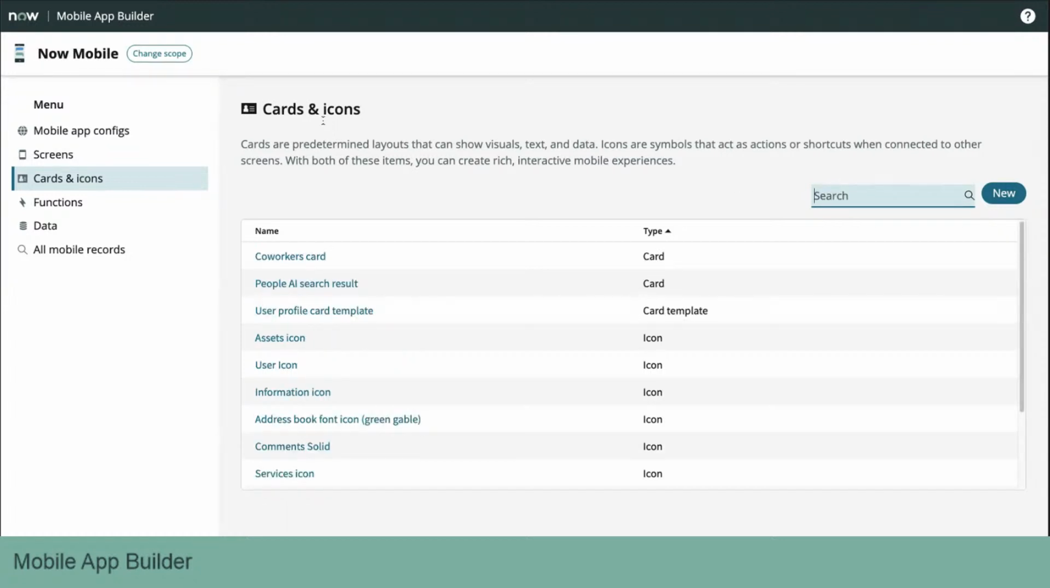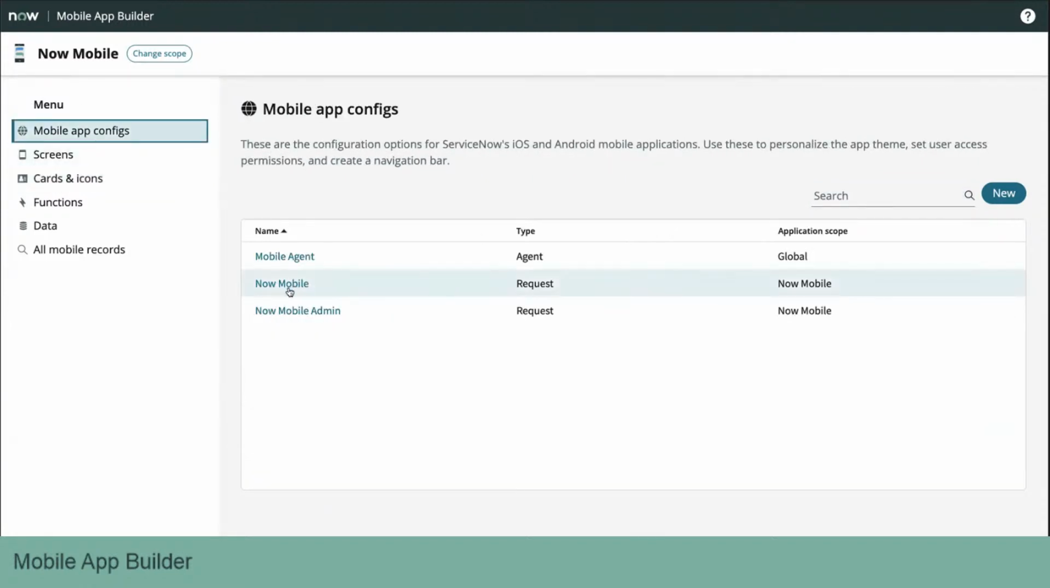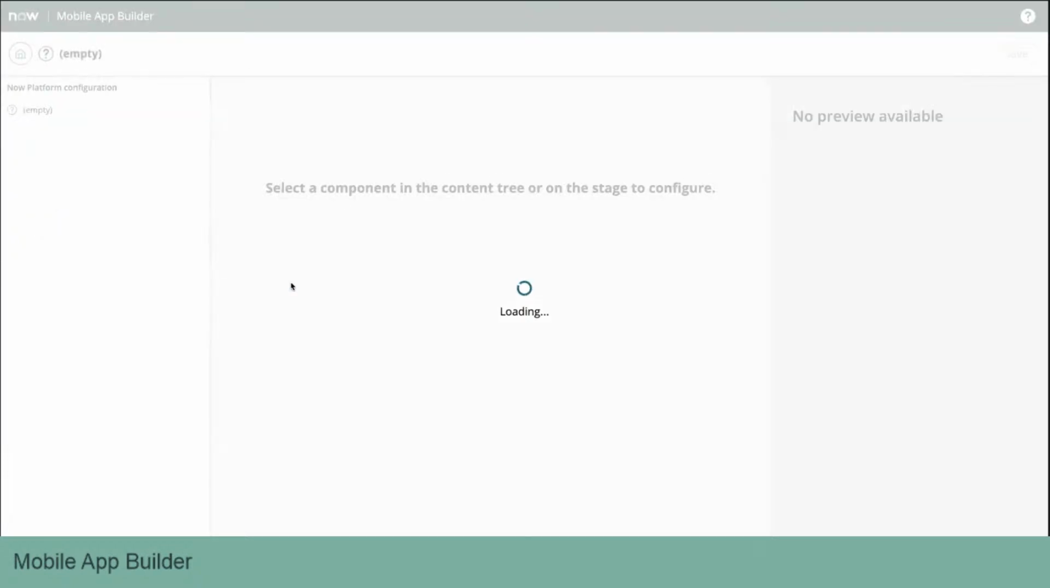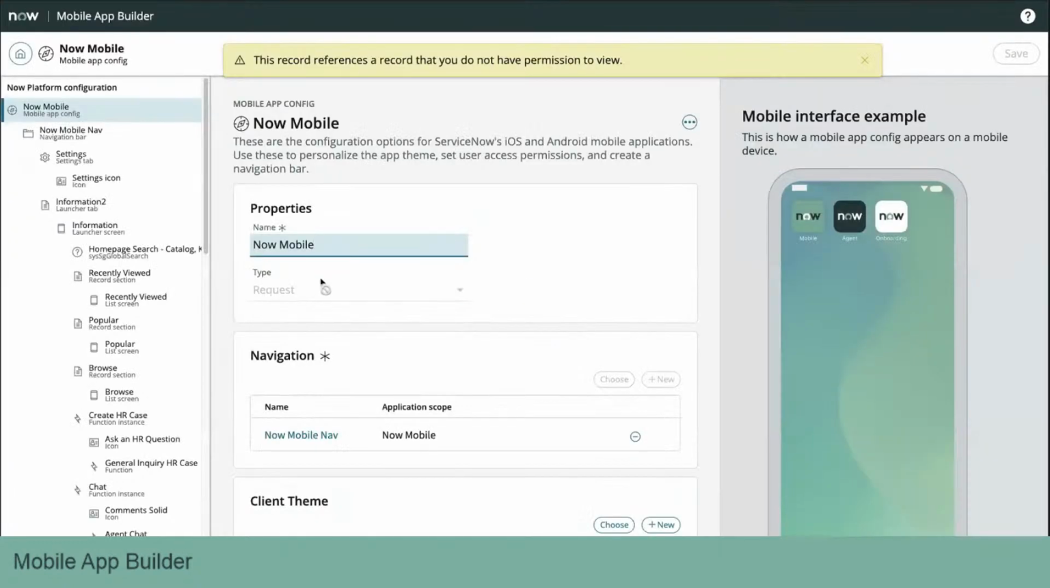So now I'd like to take you into the record configuration experience. To do that, I'm going to go into our Now Mobile app config. This represents the highest level of mobile platform application records. And you'll see here on the left-hand side, we have that hierarchy fully defined in the content tree, in a hierarchical manner. So you can see where records are children of other records. We have an indent every time you're going into another